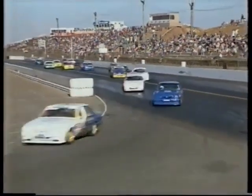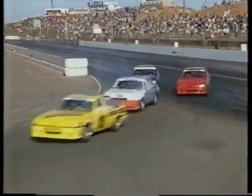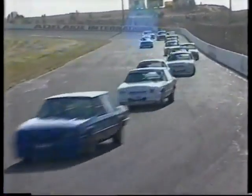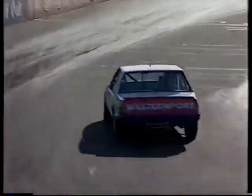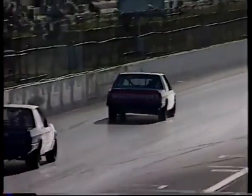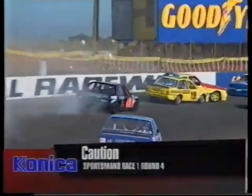Graham O'Brien in third spot there on screen. He is back at the field, unfortunately, due to that earlier incident. But Ron Savas still leading them out of turn number 2 and up the back straight, and doing a very good job with that Falcon. And the Falcons are very dominant in the Conica Sportsman category this year. Well, they are. I think they seem to have the horsepower, and they seem to also be getting the handling package together as well. Very important, and with the switch from the Goodyear Thunderdome to Adelaide International Raceway, well, we've